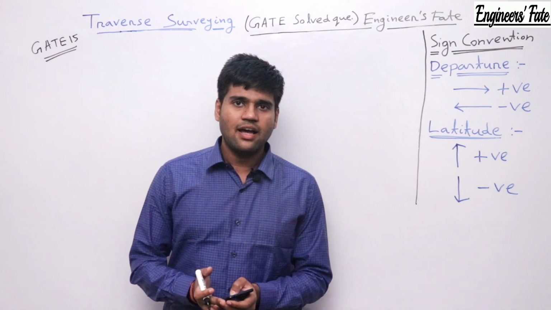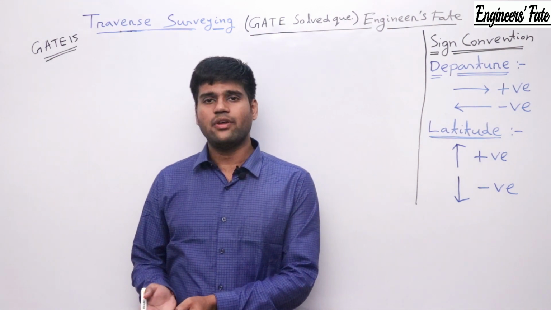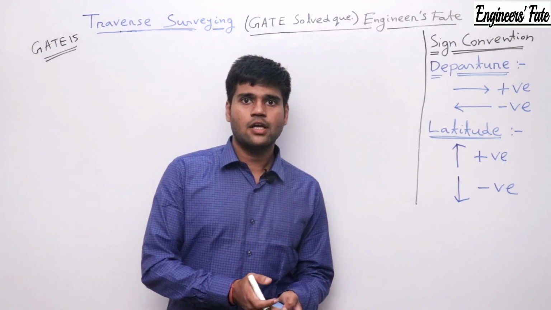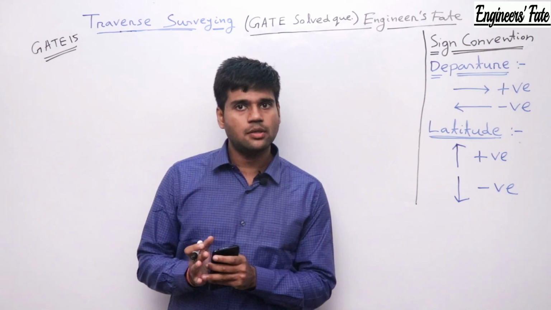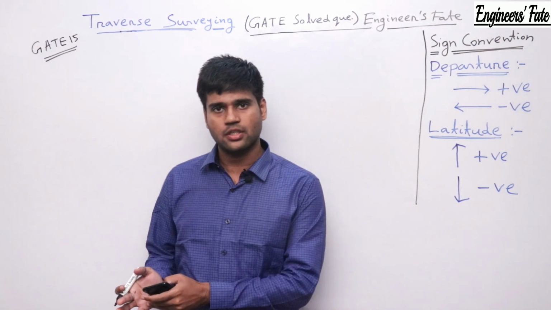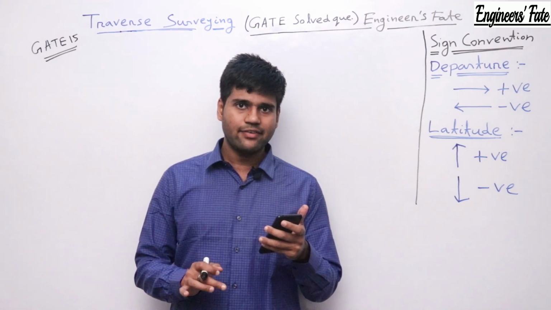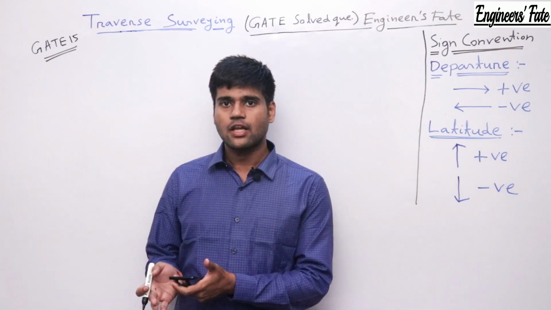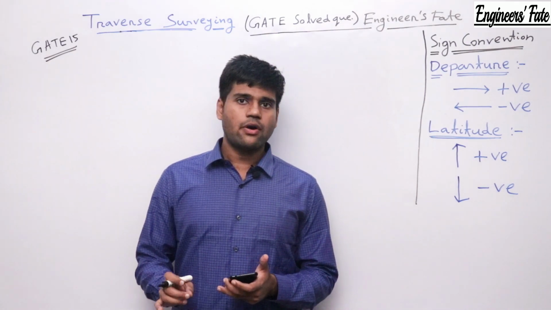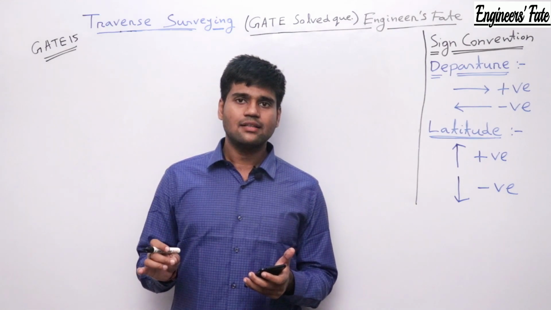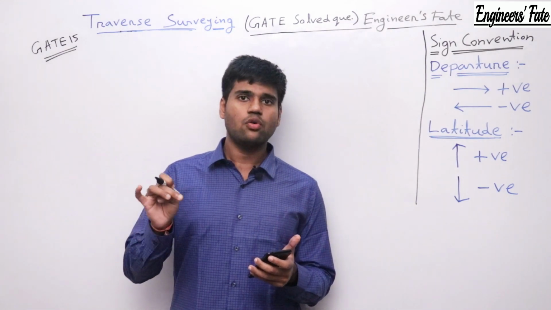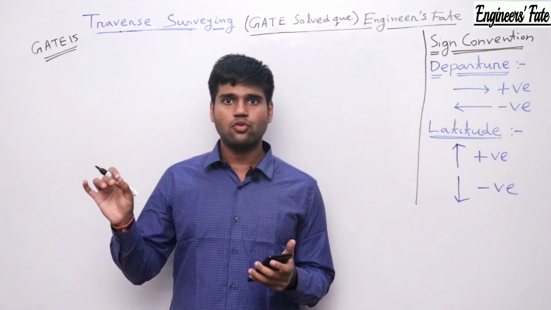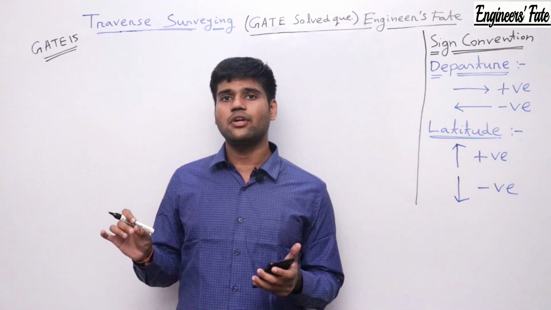So this is the question asked in GATE 15, and we have solved a similar kind of question asked in GATE 2006. So the same approach and same concepts will be used to solve this kind of question. In the question, he has given the bearings of two inaccessible stations, that is S1 and S3 from station S2. Means you have to draw the diagram in such a way that the bearing from station S2 to S1 will be 225 degree, and station S3 to S2 will be 153 degree 26 minute.